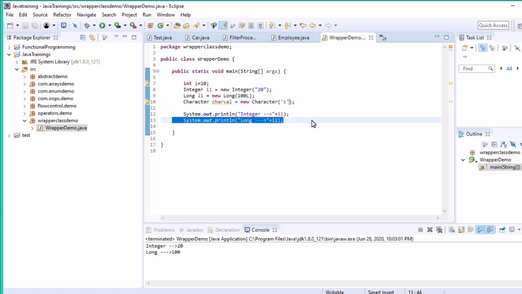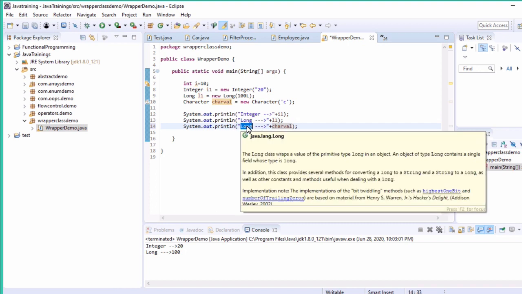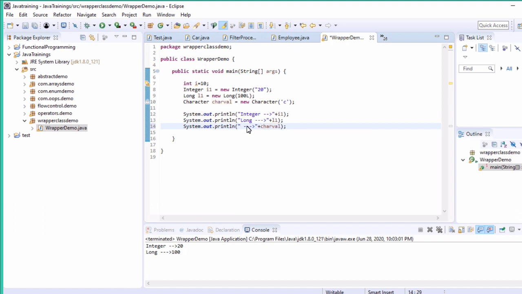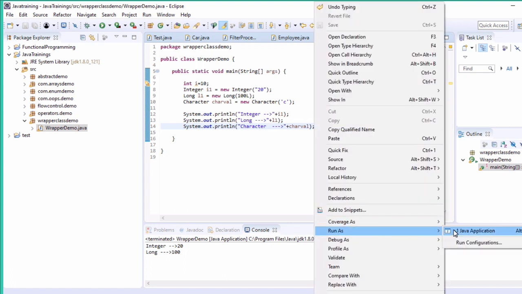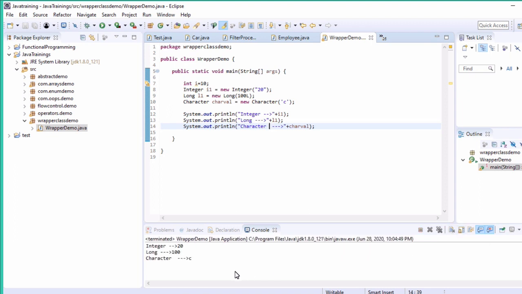Okay, now I am printing this also. It's very simple to create. Just like how you create an object, in a similar way you have to create a wrapper class. What's the difference? Nothing, both are the same. The only difference between primitive and this one is that this is object format, that is, without object format. This you are creating using new, right? So that is nothing but object format. So I am printing character also. Now it will print C. Why? Because we are passing C. Just observe, yeah, it's printing C.